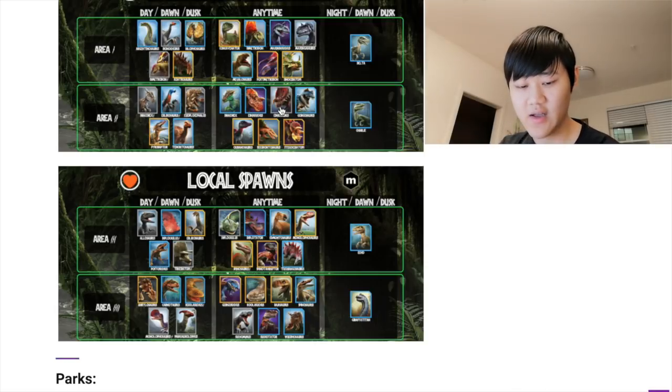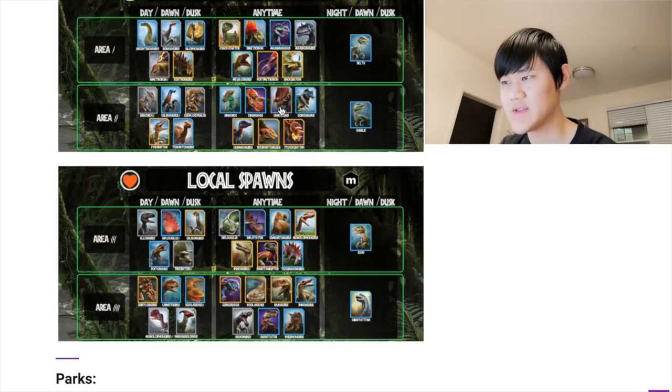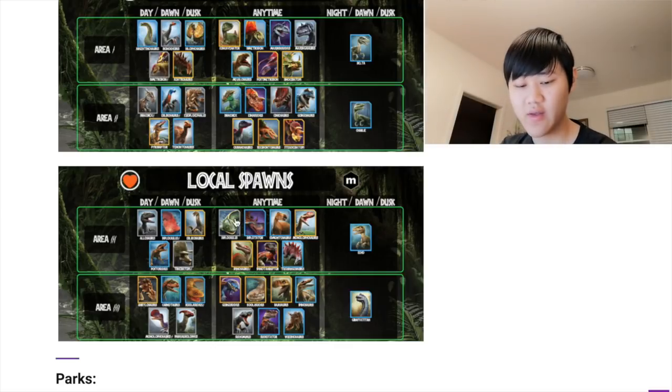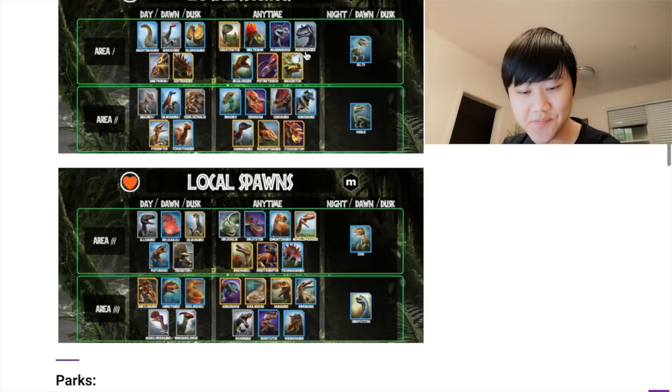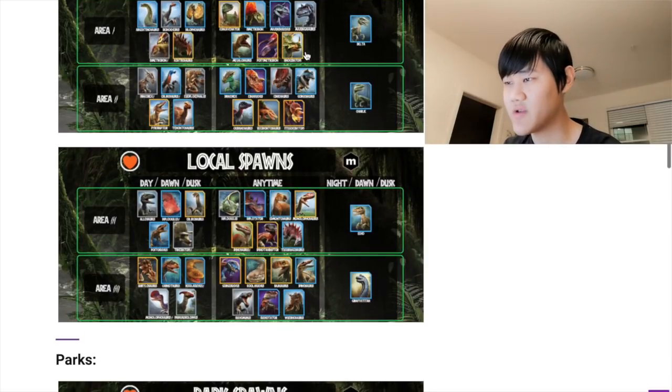And then I'd say local 3, just because we could have Diplotator with Diplocalus, and then the worst place to use common sense is probably nighttime local 1, just because it only has Majungasaurus and the globals, which isn't that great. So moving on to rares, I did talk about rares briefly in one of my other videos